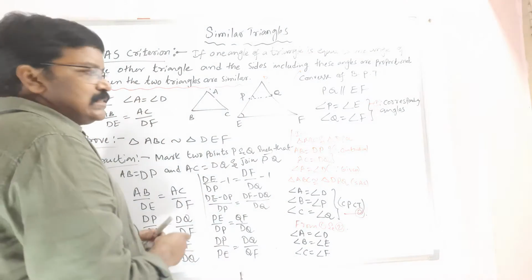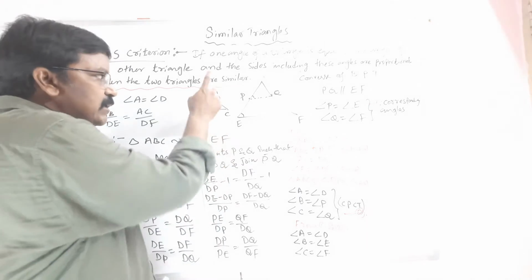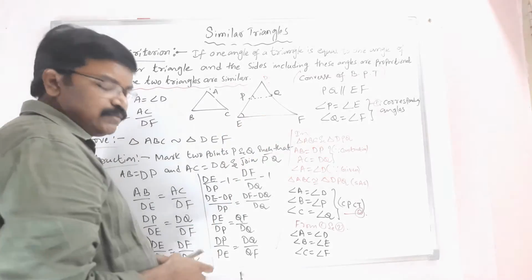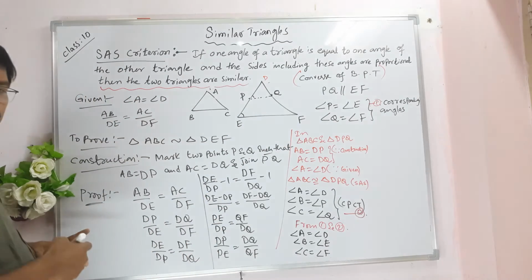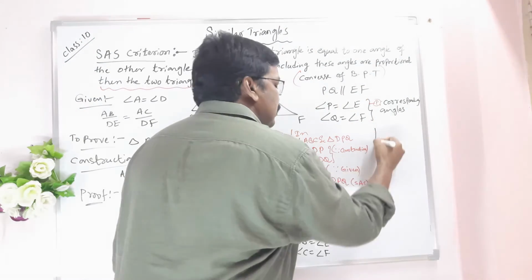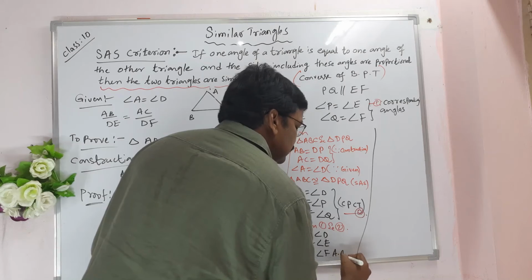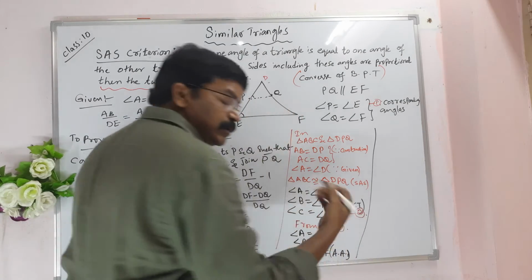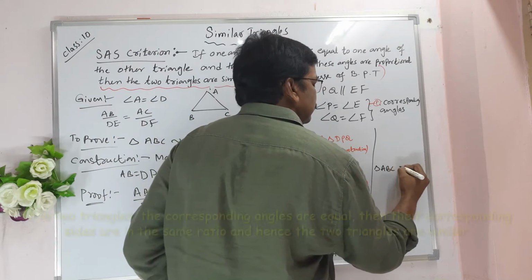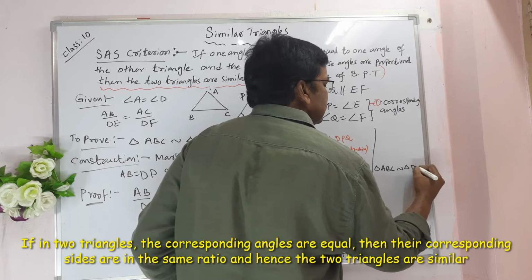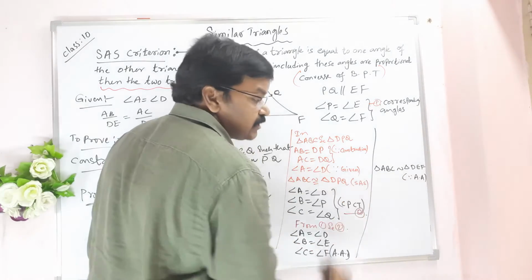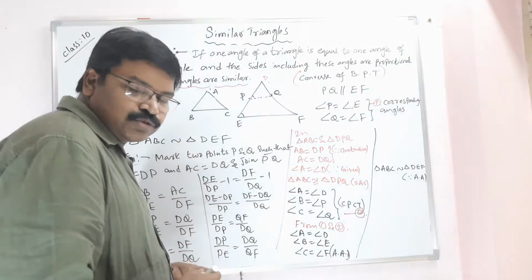So in the two triangles ABC and DEF, angle A is equal to angle D, angle B is equal to angle E, angle C is equal to angle F. Therefore, according to the AA similarity criterion, two angles are enough. Triangle ABC is similar to triangle DEF by angle similarity. Understand, students? Shall I repeat?